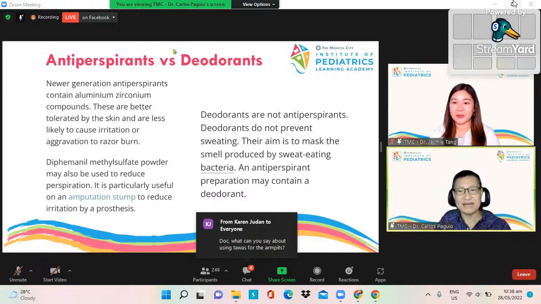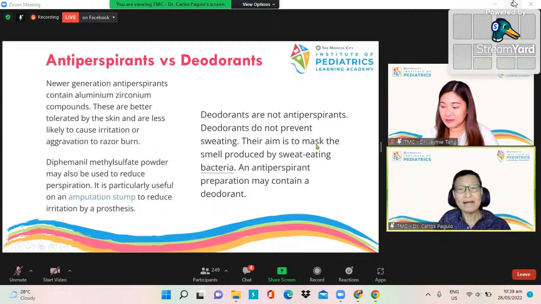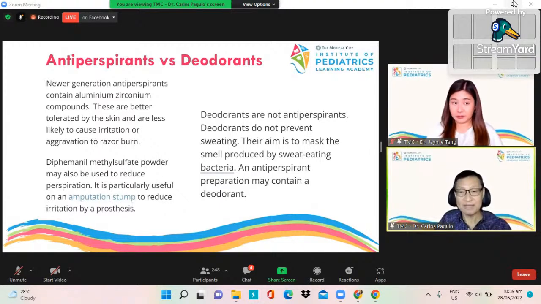Now, deodorants are not antiperspirants. They do not prevent sweating. However, why do we have body odor? We have scent glands, and since they are glands, they secrete substances. If you took that substance and smelled it, it has no odor. It has pheromones though, which animals use for mating purposes. But that's an animal thing, and it has no smell.